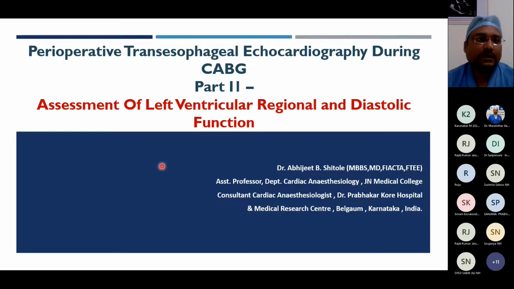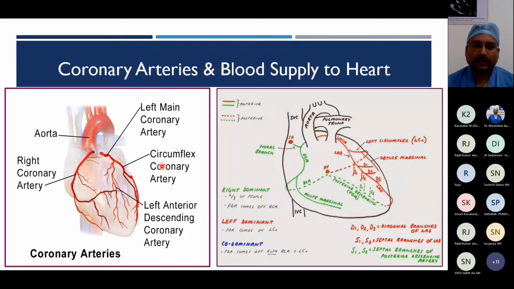So good morning. We will discuss in this part the assessment of regional function of the LV and the diastolic function of the LV during CABG. Before going into the details, I'll briefly tell you about the coronary blood supply. There are two coronary arteries, the left main and the right coronary artery. The left main divides into the left anterior descending and the circumflex, and the right goes into the